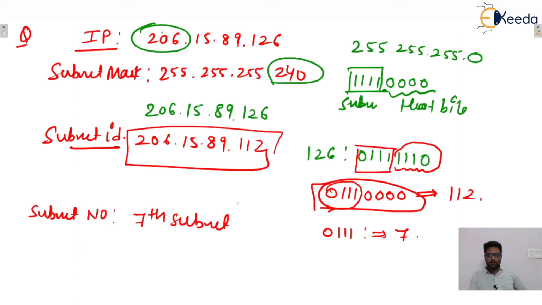So for 7th subnet, this IP will belong, isn't it? Okay. Similarly, total number of subnets will be how many? 2 raised to power, subnet bits are how many? 4. So 2 raised to power 4 minus 2, that is 14. So 1 to 14, in which there will be 7th also. In that particular 7th subnet, this IP will belong, isn't it? That is the question.